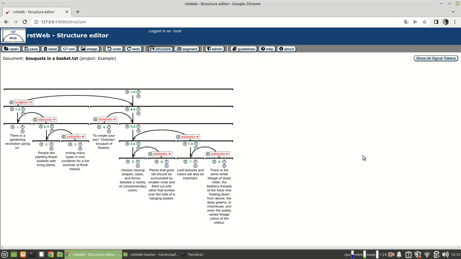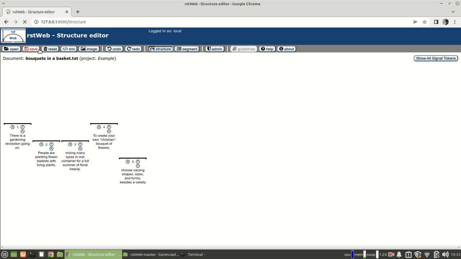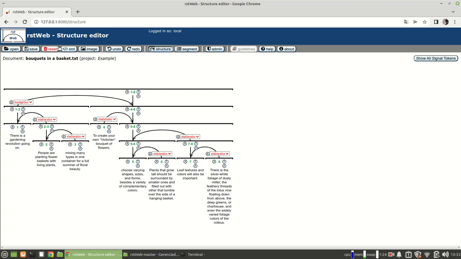Okay, now we can save the analysis. Okay, clicking on save. We can also have an XML file, clicking here, of the analysis, and we can also download the image, which is a great feature of this program. If you need to use the diagram in a paper or in a class or in a presentation, you click here on image and you can save the